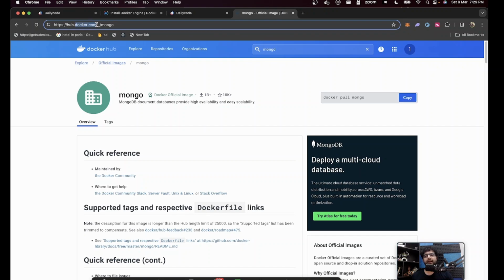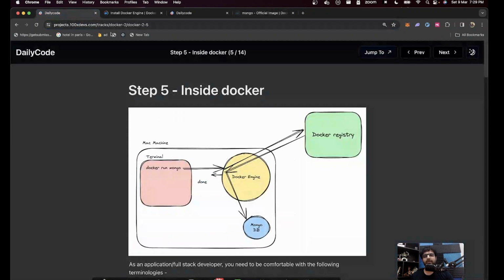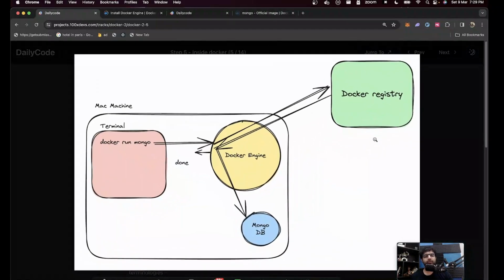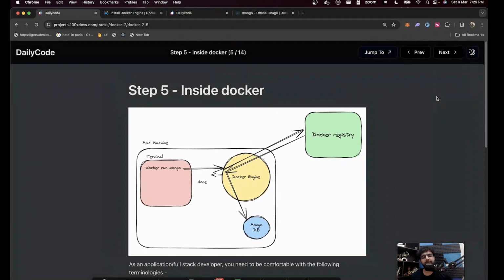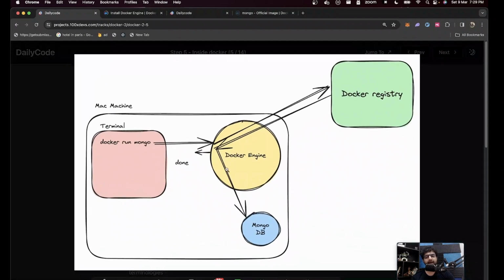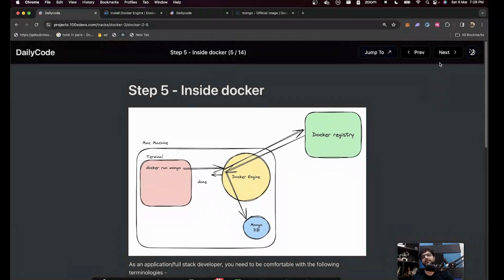Hub.docker.com is the one that the Docker folks own, but Google has its own, AWS has its own. Depends on where you want to push your code, but most of the popular code bases are present here on the Docker registry. If you have an application that you want to deploy in AWS, then it's usually a good idea to use the AWS registry. But most of the code bases that you'll be using, for the next few slides, for example, MongoDB, you can find here on the Docker registry. Cool. That's as deep as you want to go as a full stack engineer in Docker.